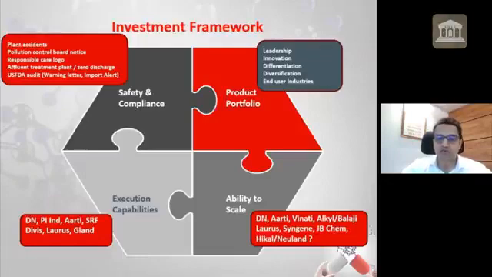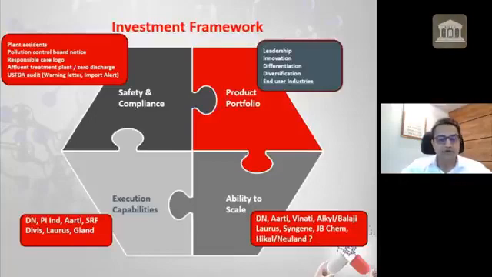Second is obviously the product portfolio. You need to look at the leadership in the products they are making, and the innovation they are doing. There can be product innovation and process innovation. Then the differentiation they are bringing, the diversification of the product portfolio, and the end user industries. For chemicals, as I said, the personal care industry is a growing industry, agrochemical has large contracts, and pharma will again have better margins. So you need to look at which end user industries they cater to.